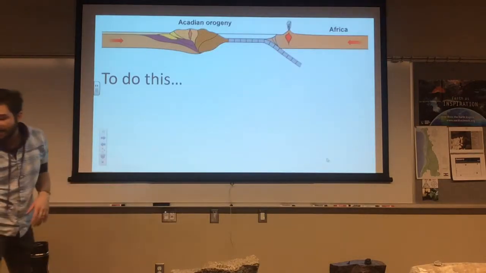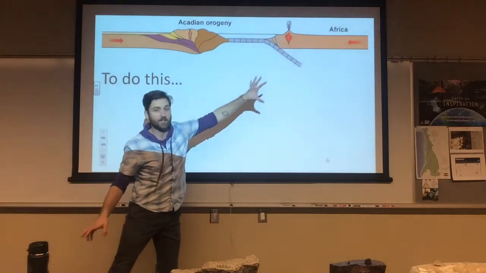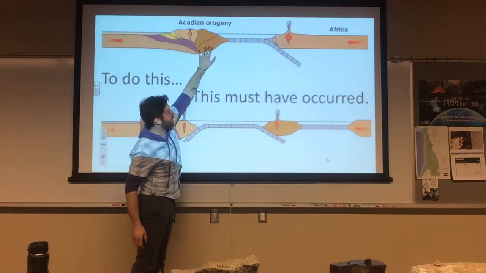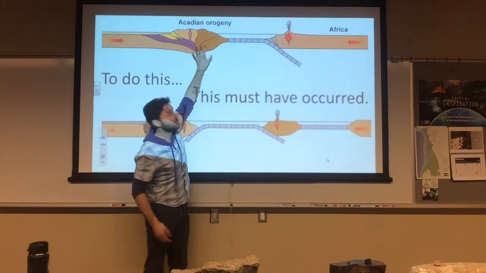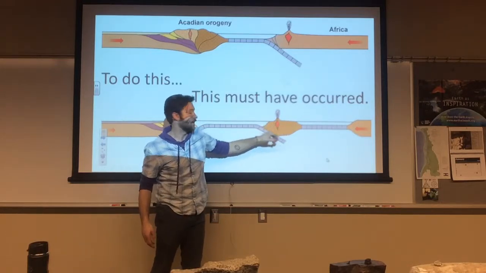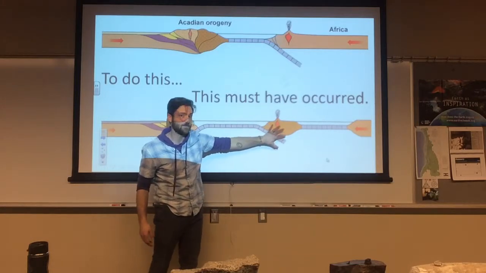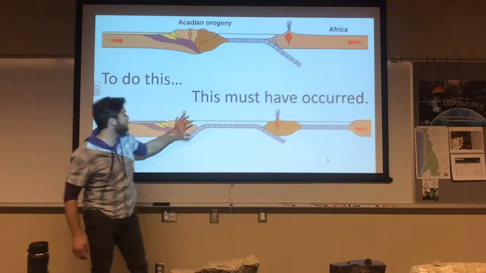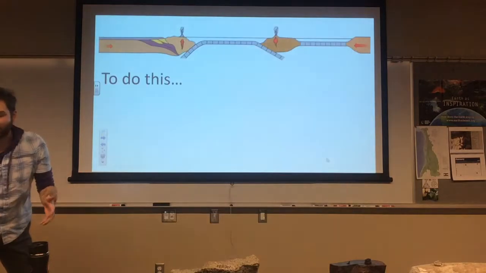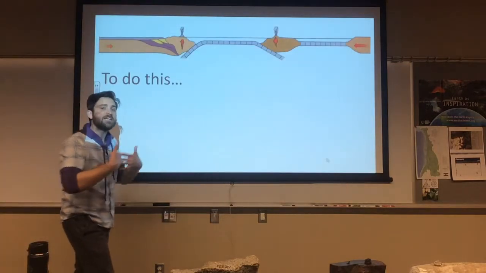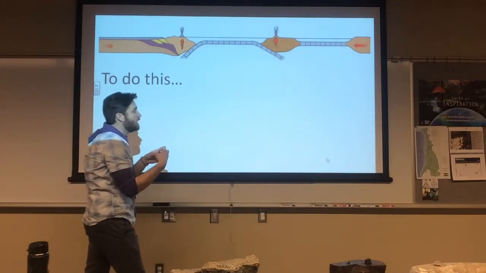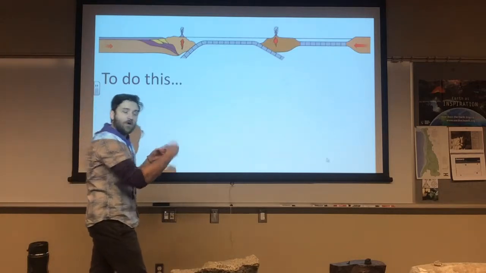Okay, to do that, the Acadian orogeny, where Africa over here, the continent, is getting closer and closer to North America, there must have been, to get this package of rock here, a subduction zone, making these granitic andesitic type of volcanic arc rocks in a subduction flux melting type of situation before they could have been stitched on to the sides of those rocks. Okay, now we're going through the same process here. You see what's happening is we're unpeeling the Appalachian geology. We're taking apart those belts of terrains to figure out, geologically, where did they come from? How did those form, right?